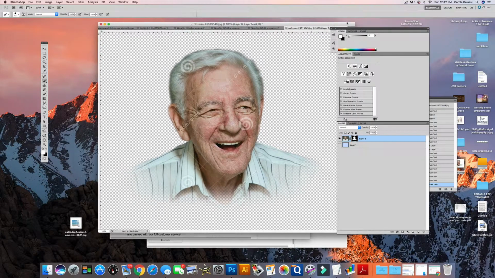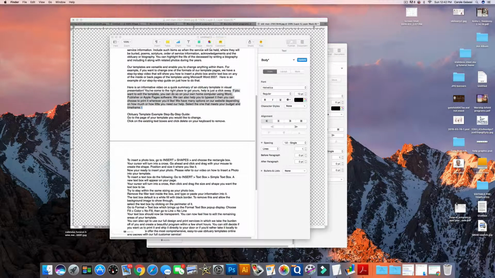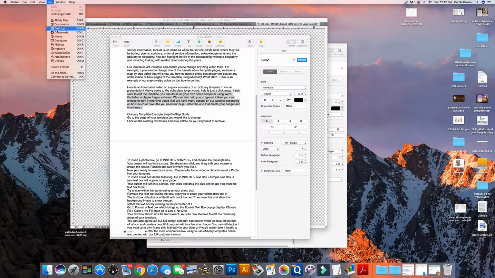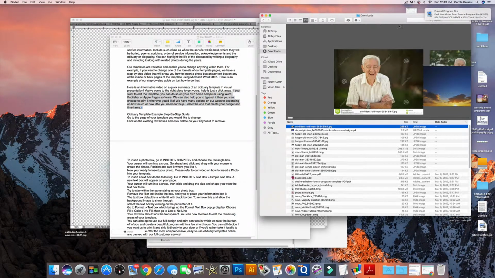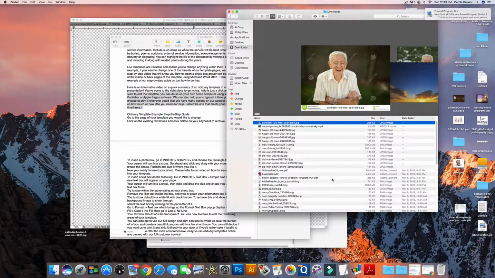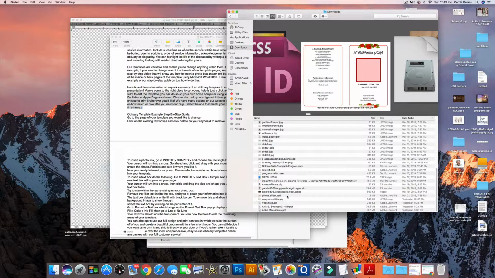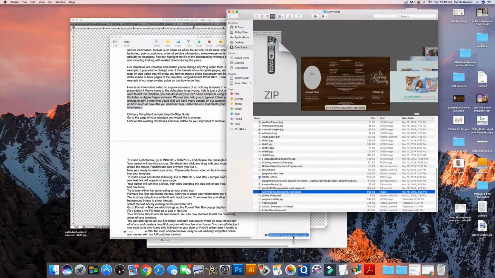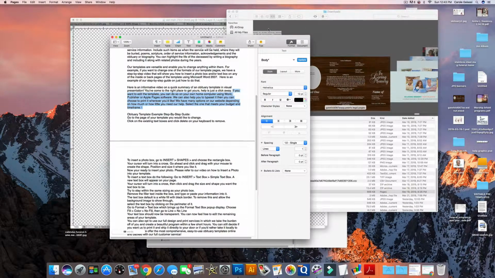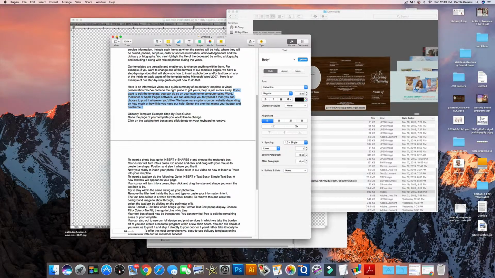So now what I'm going to do is go into a template and insert it. So let me find a template. I'm going to insert it, show you how to insert the PNG file into your document so that it has a transparent background, so you can see what it looks like once it's inserted. So here's one, and I'm going to be using Pages for this just because that's my software